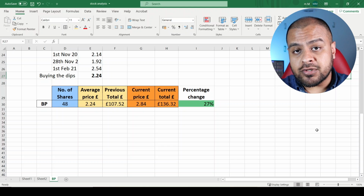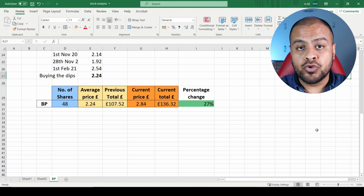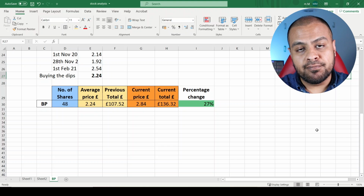So that is how you optimize the buy and hold method. And you can see some crazy returns using buying the dip, dollar cost averaging, and the buy and hold method. And remember, I'm not using anything very technical or any sort of genius. It's just using simple logic, and